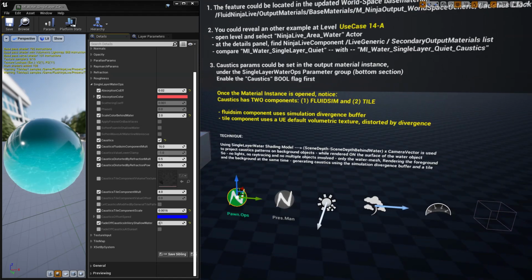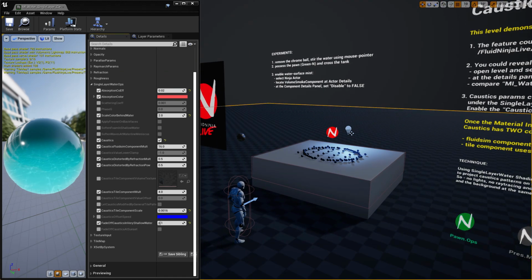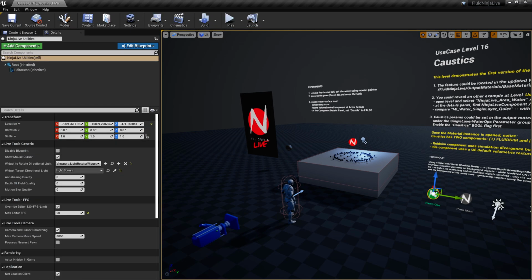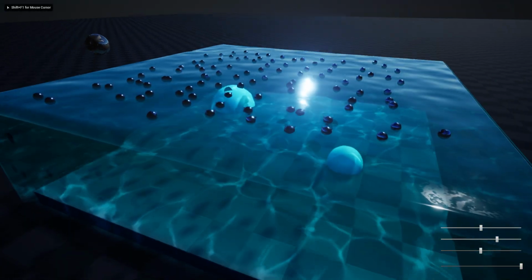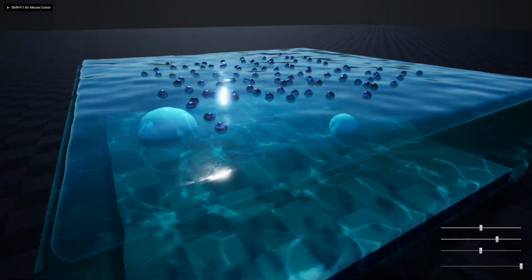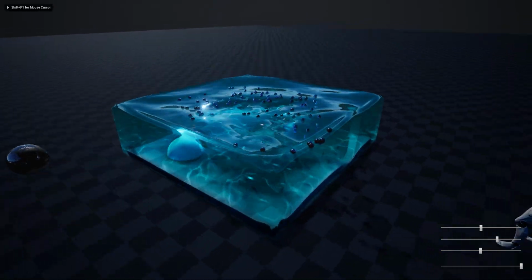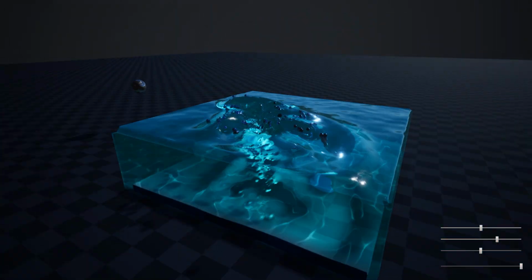We are using the scene depth with and without water, multiplied by the camera vector, and this is how we are projecting. Just a second, I'm switching off pawn possession, getting back to the scene. So we are getting scene depth twice, on the water surface and behind it, and we are using this information to project the caustic data on the objects behind the water surface.